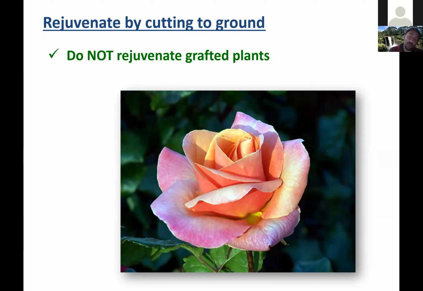Like roses are a really good example. You rejuvenate some grafted roses, you might get the rootstock coming back, which could be a shrub rose or more of a wild rose, not the hybrid tea or grandiflora or whatever you planted. We didn't used to have a lot of grafted shrubs, but I'm seeing more and more of them on the market. There's all these Rose of Sharons that are grafted now, et cetera. So just be careful before you rejuvenate grafted plants. So here, again, to compare renewal and rejuvenation, one's gone and one's thin.